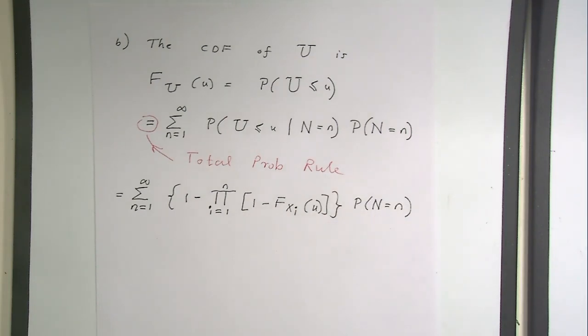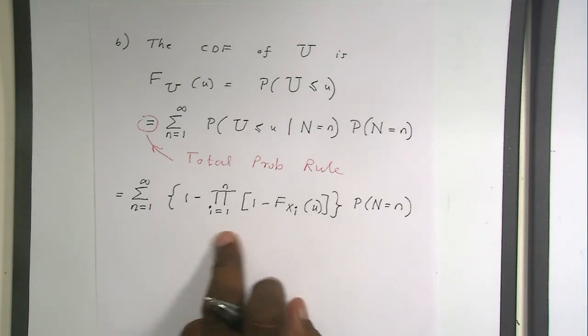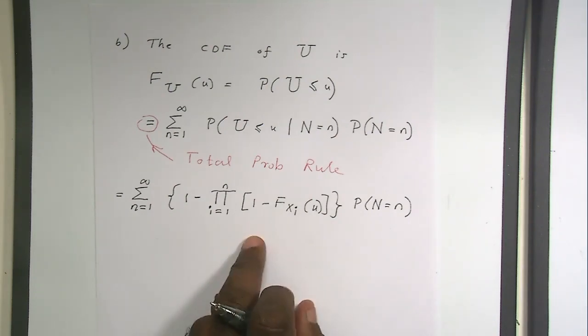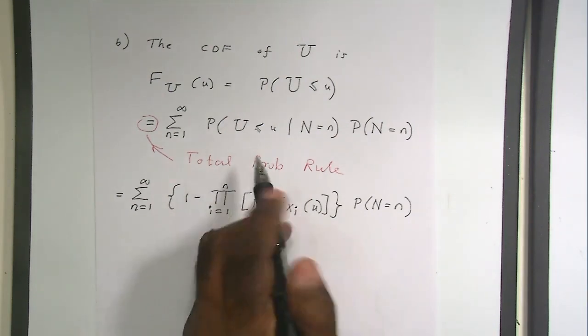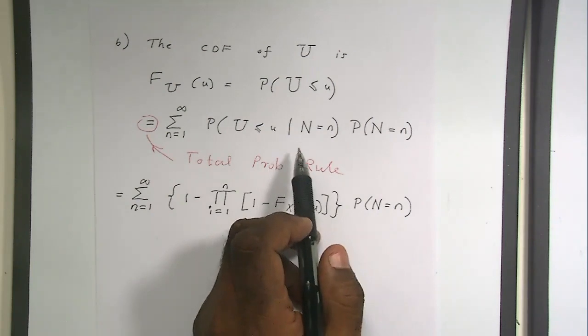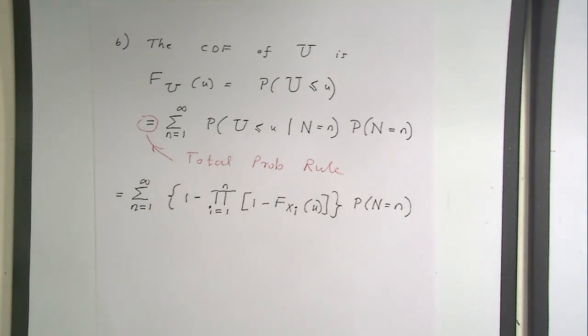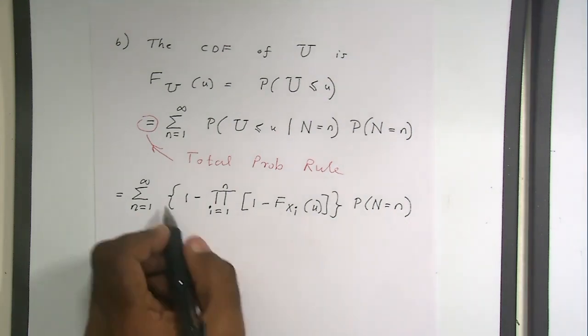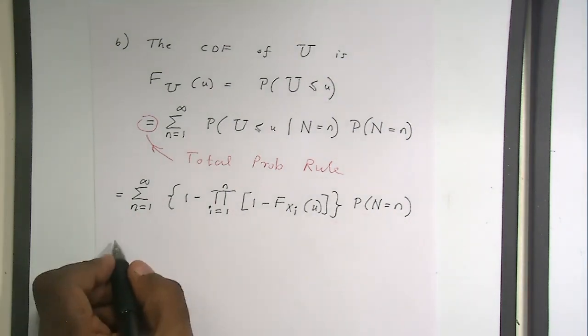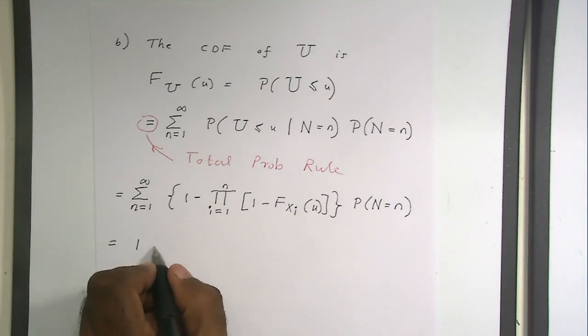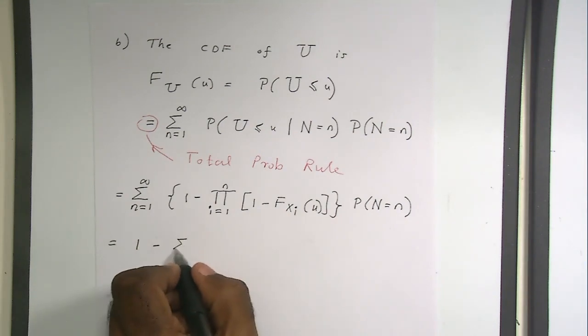Okay, you see what I've done? I used the result from last week for case 3. So I replaced the conditional probability by the expression that we got for the CDF of U last week. Now you have two terms here. The first term is the sum of this, which is 1. So this can be written as 1 minus the sum